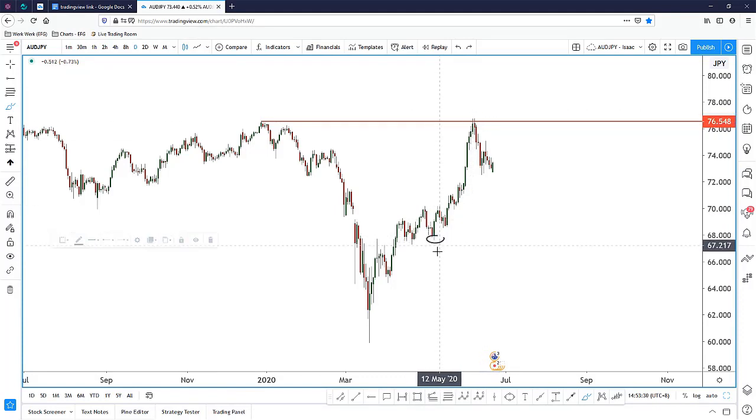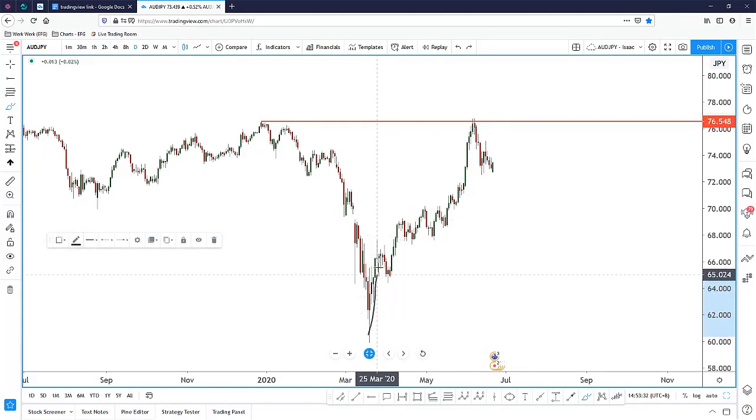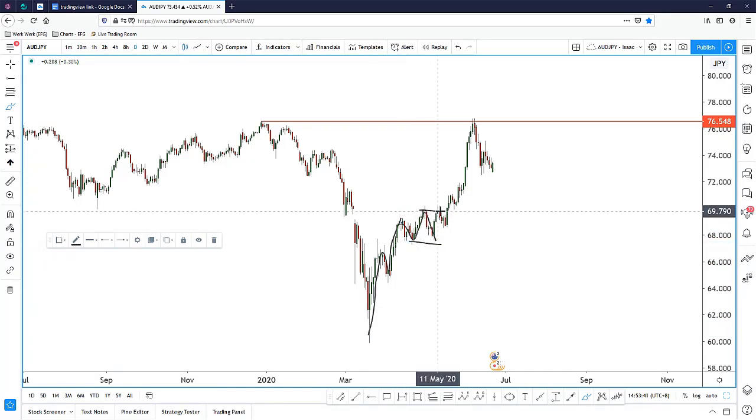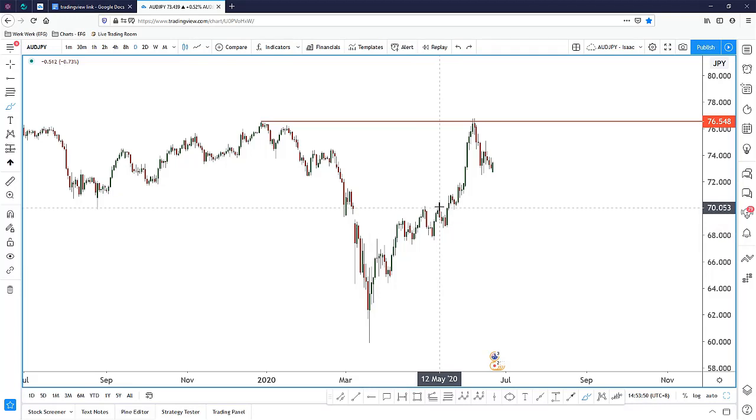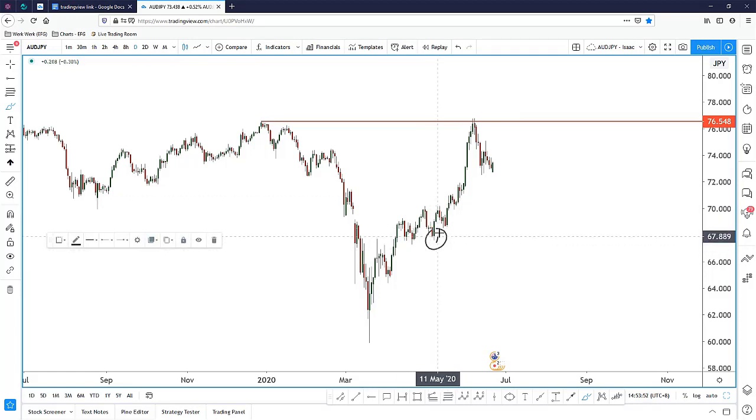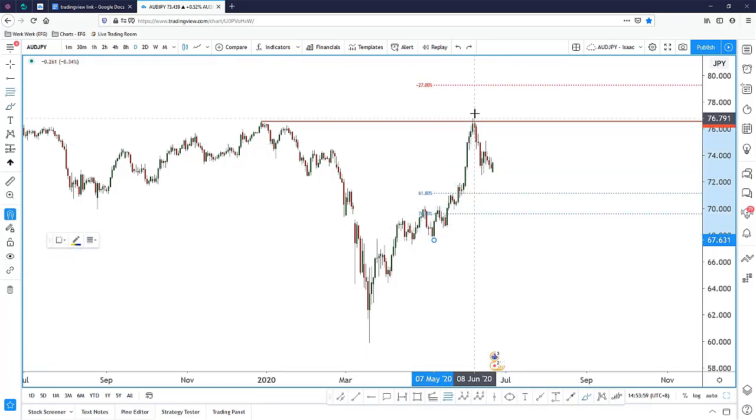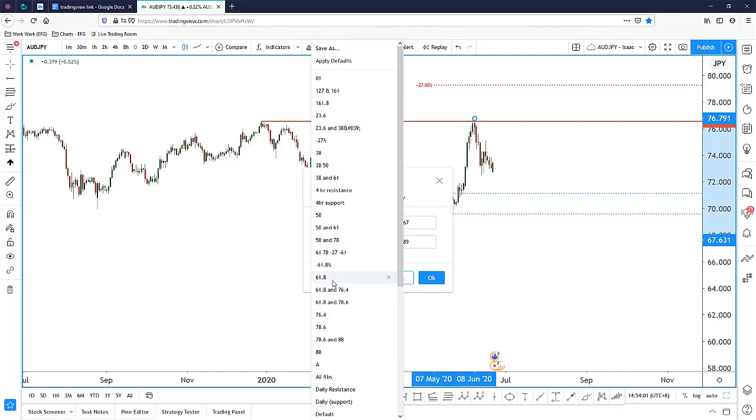Now, why I start off here is because if we were to follow price movement, price made a strong push up, okay, over here, right? Price actually went slightly higher. However, it made the same low and it made the same high, right? So the strong push movement actually stopped in this area. So now the new strong push movement actually started off here before making a new high. So that is where I will actually take my retracement from this low all the way to this high, open all Fibonacci ratios,